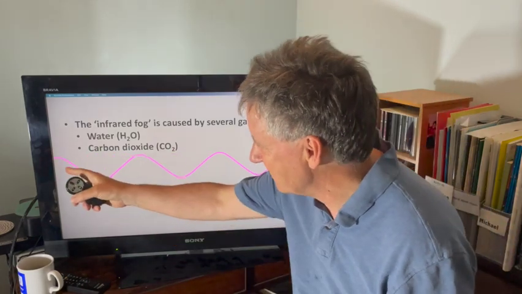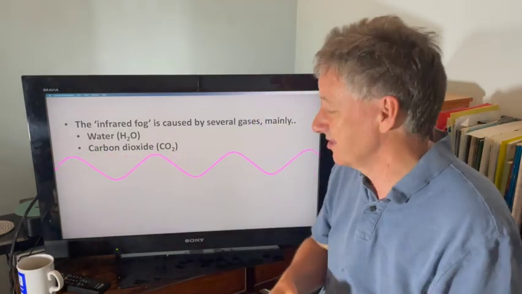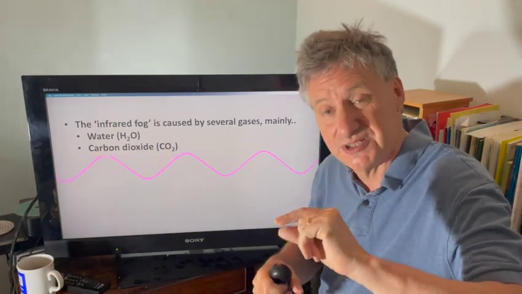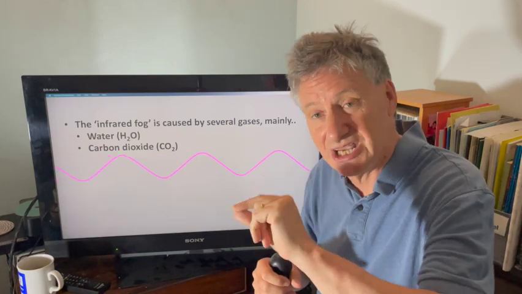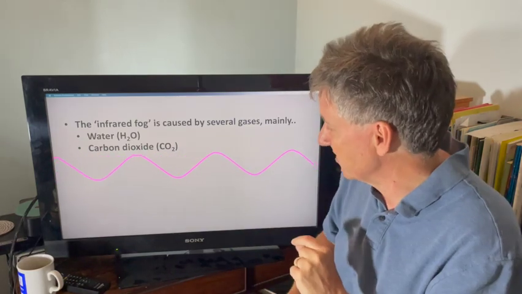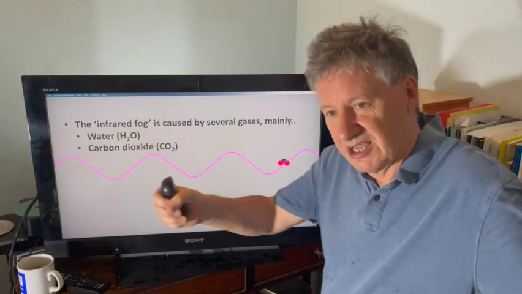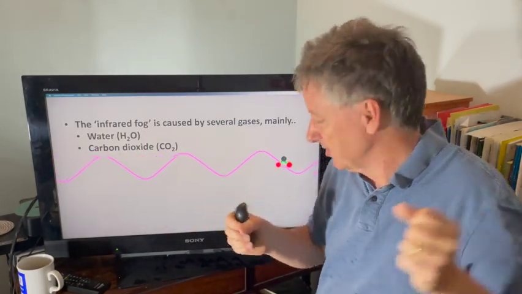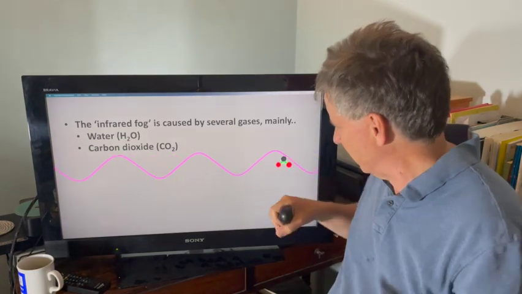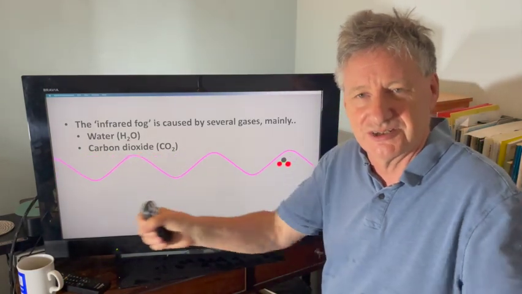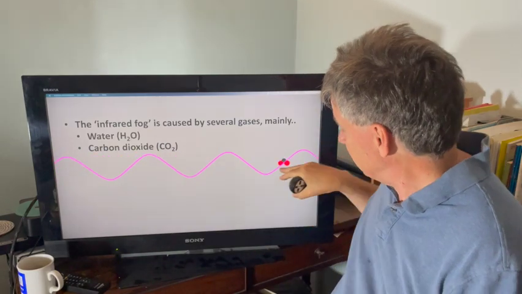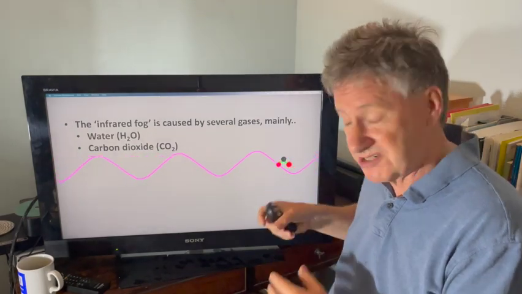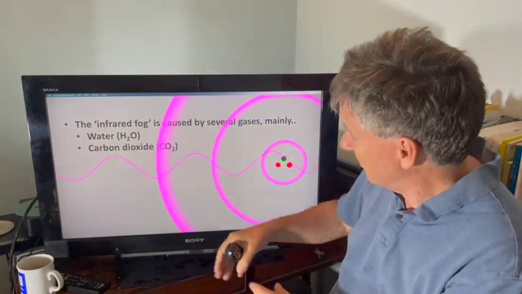So here's an infrared wave. It's got a longer wavelength than the light wave, and that's too low a frequency of vibration to shake the electrons on atoms very much. But what it does do is cause resonances in the way molecules vibrate. This is a water molecule, you see, and it's got this particular frequency, a particular mode of vibration. And when the frequency of this wave just matches the resonant frequency, you get this scattering.